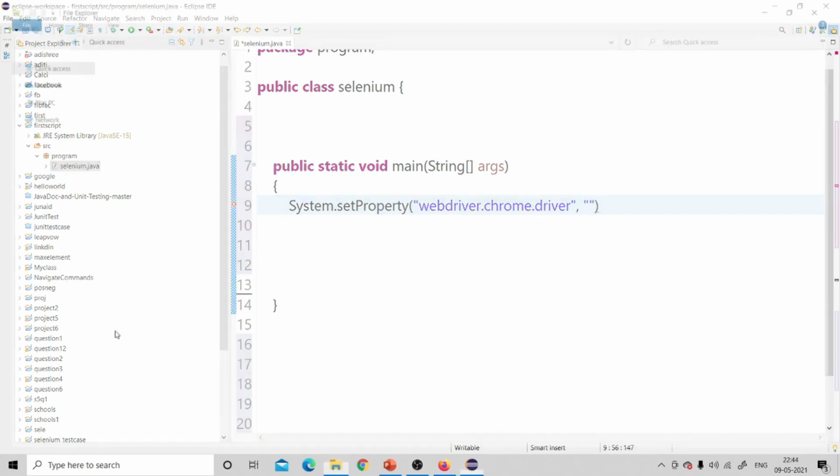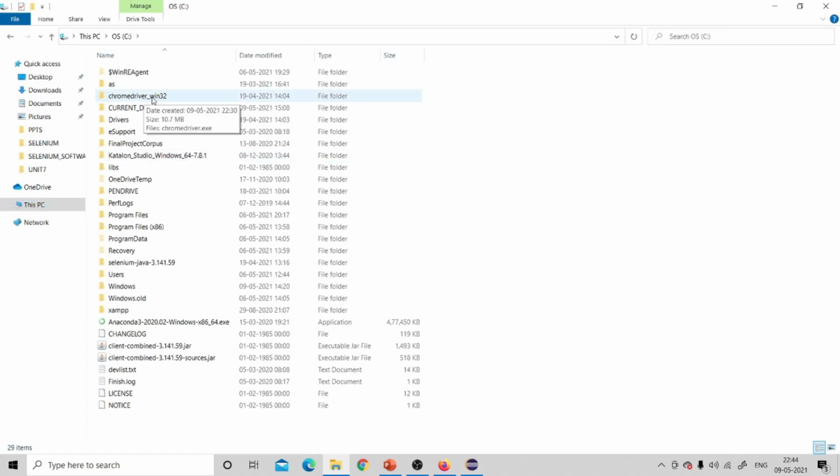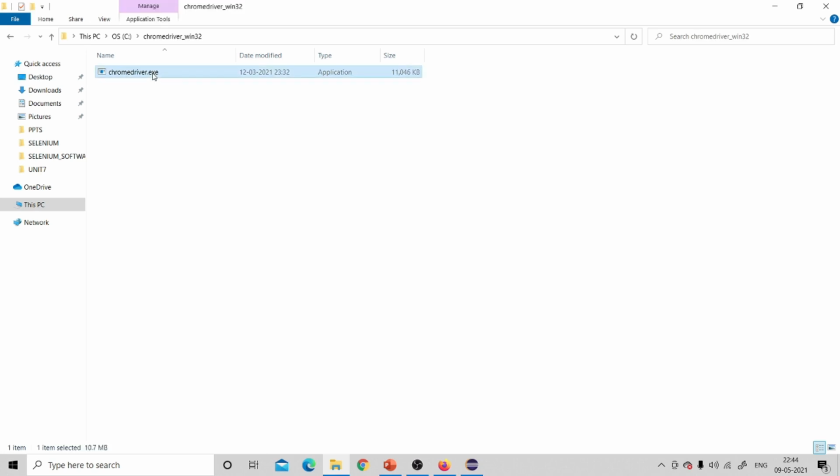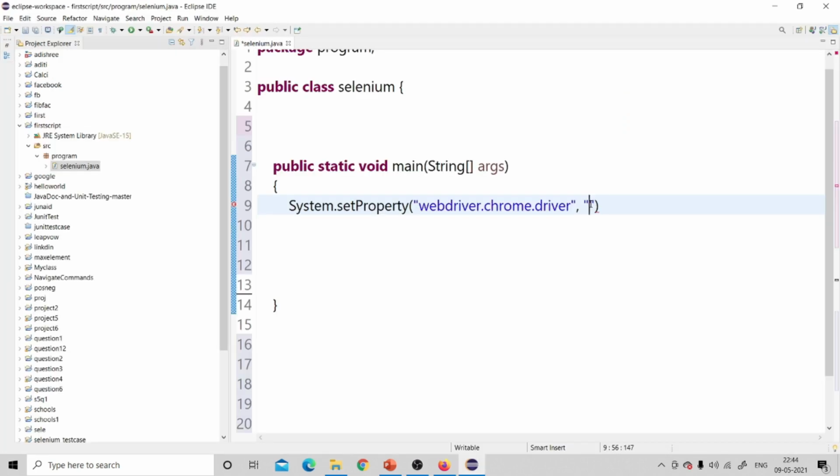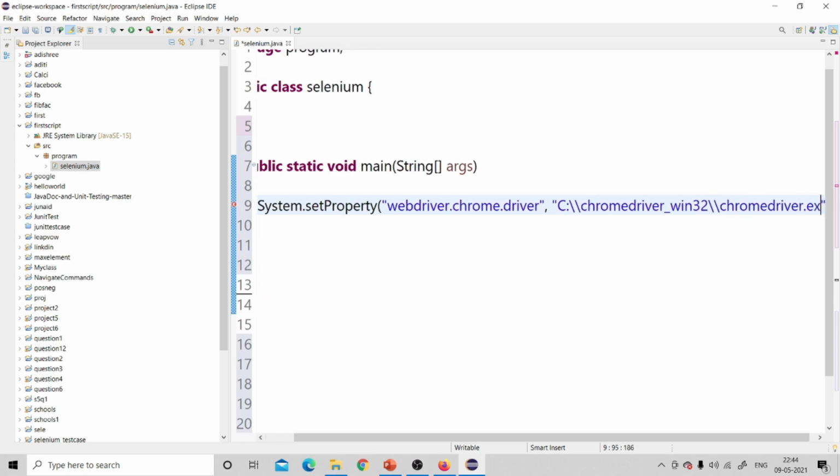So I'll go to my C drive. I have a chromedriver_win32 folder, open it, and here I have my Chrome driver exe file. So I need the path where this file is. So click over here and copy this path and paste it over here. And give the file name chromedriver.exe. So now we